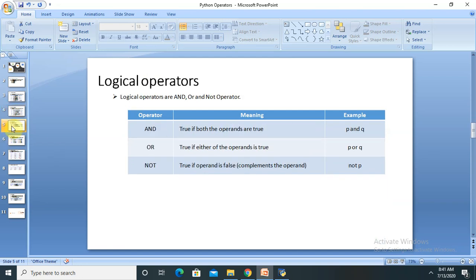Let's move to the third part, that is logical operators. In logical operators there are only 3 terms available: first is and, then or, and not.